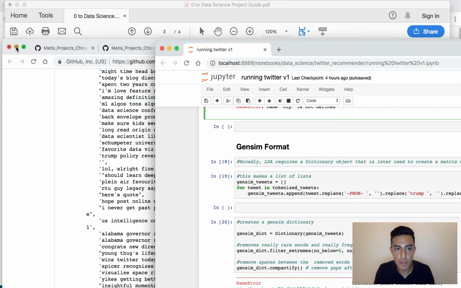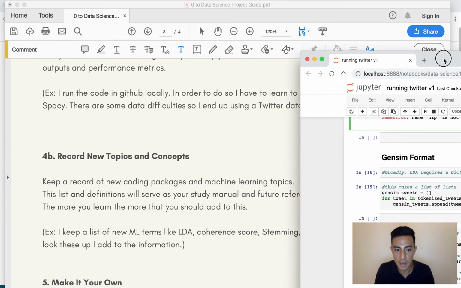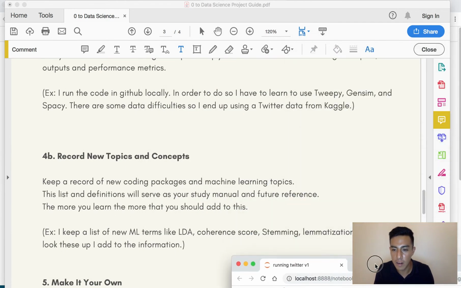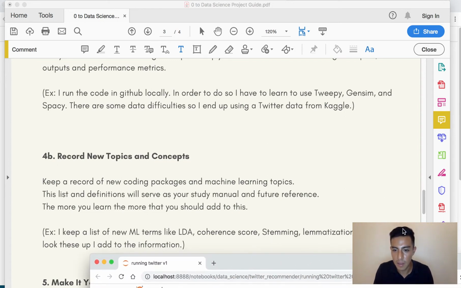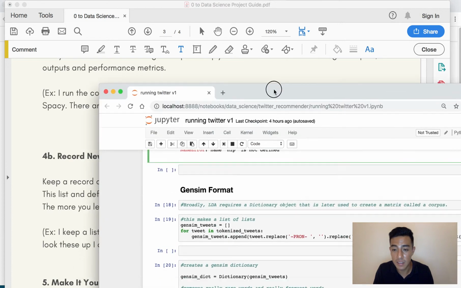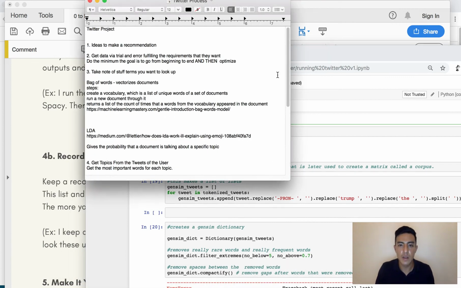As you're doing this, you begin to document, right? Record new topics and concepts. So you want to keep a record so that later you can dive deeper into these things. So, for example, he talks about stemming, he talks about lemmatization, he talks about Spacy, and so this is what I ended up writing. So, Twitter project,